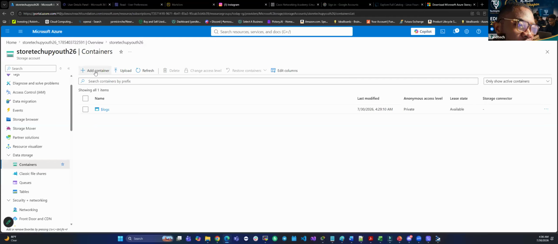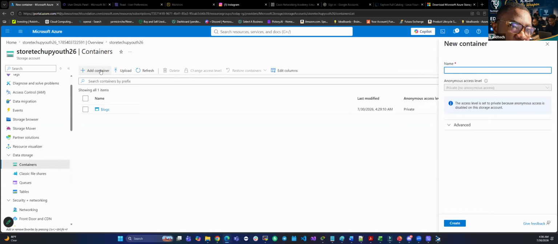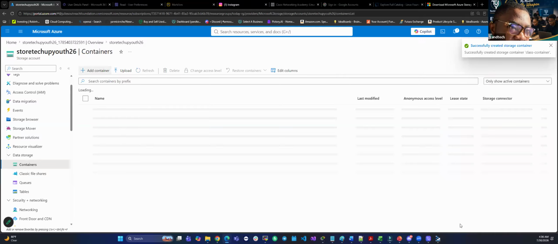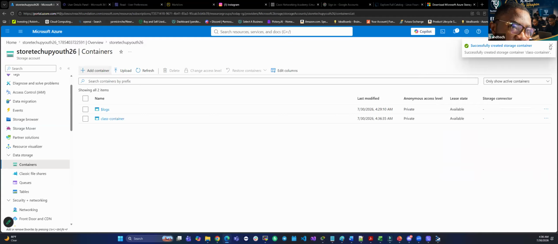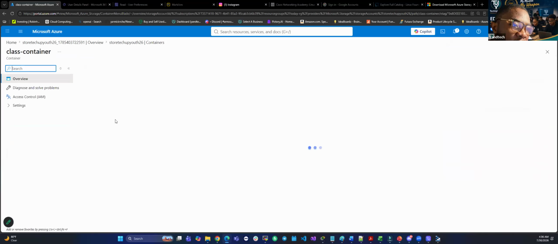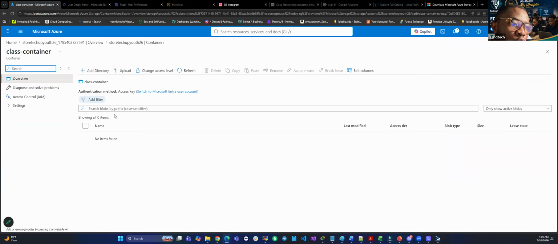So I'll go ahead and click on add container. When you click on add container, I am going to put a name. I'm going to put it today as class container. Under this class container, I'm going to click on create. The container has been created. Once the container has been created, I am going to click this container, which simply means I'm going to go into the container and I'm going to upload